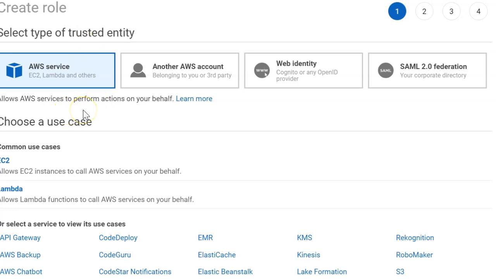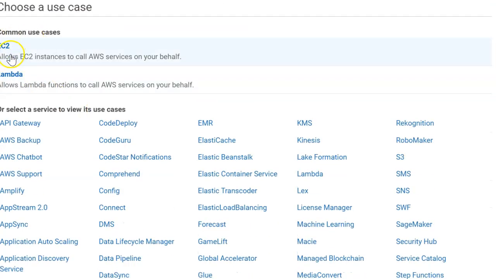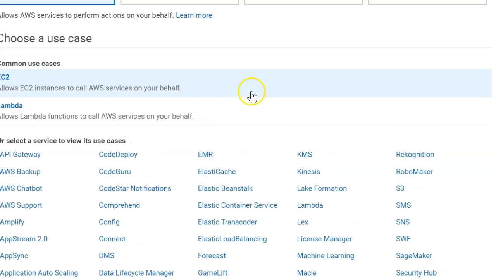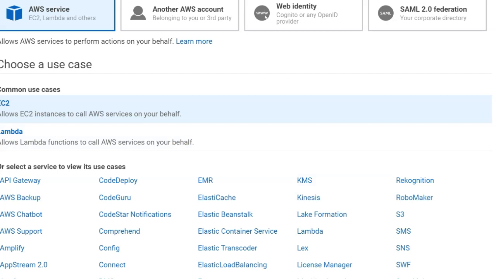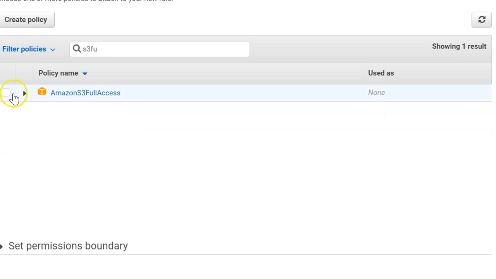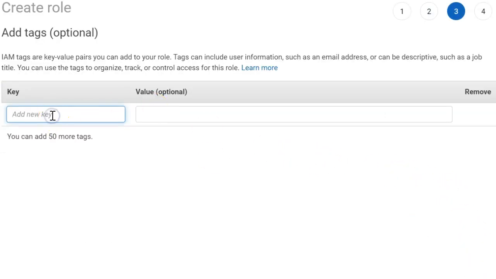In the create role section, you have to select the common use case. We are going to create this role for our EC2 instance, so click on EC2, then search for the Amazon S3 predefined policy. We are going to search for S3 full access and select it, then go to next tag, and we are applying the tag here.